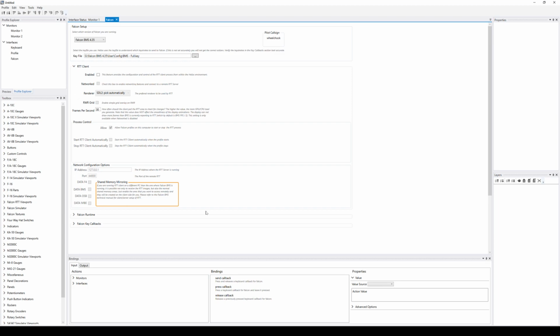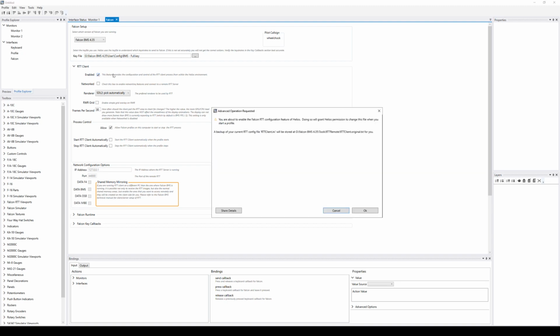All the options that are in here are all the options that are defined within the RTT Client INI file itself. So what's in the file is actually selectable in this interface. So in order to use RTT Client configured through Helios, you have to enable it. So we first enable the RTT Client, and if this is your first time doing this,